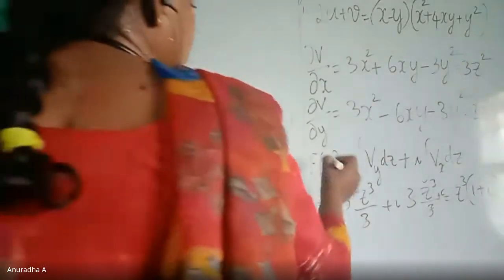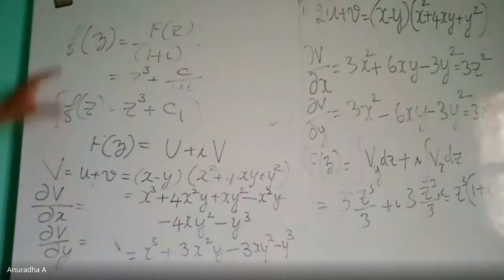And you have to remember this formula. And the last step, to convert to small f of z, you also have to remember, that's all. So this is the answer: f of z is z cube plus c1. Like this, we do the sum. Any doubts? No, ma'am, no doubt. Okay.